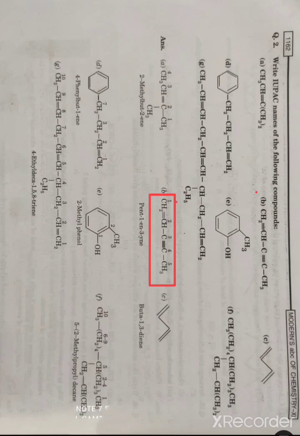So the first carbon will be this carbon, next second, third, 4 and 5. Here, because there are 5 carbons, the word root is pent, and here there is a primary suffix, because a double bond is there and a triple bond is also there. The double bond is between the first and second carbon, therefore we can name it as pent-1-ene. It is E-N-E, but we are not ending with the last E because there is one more primary suffix here, so we have to drop this E.